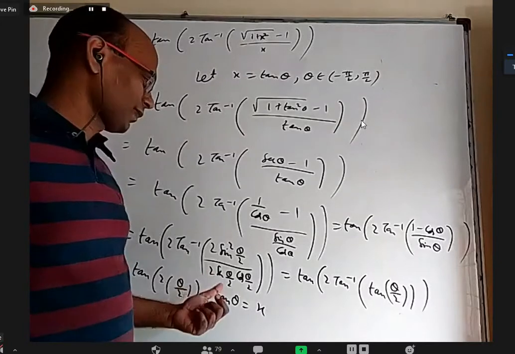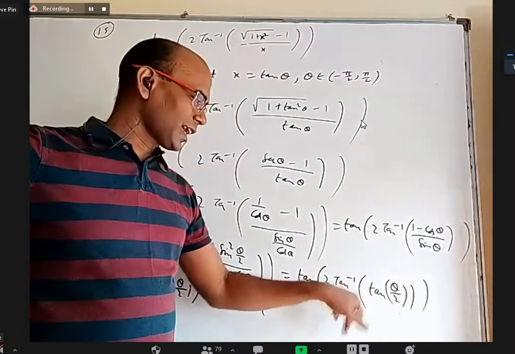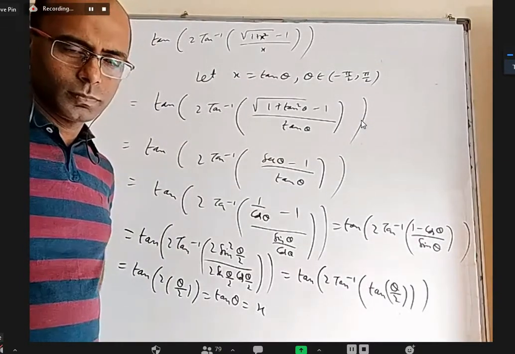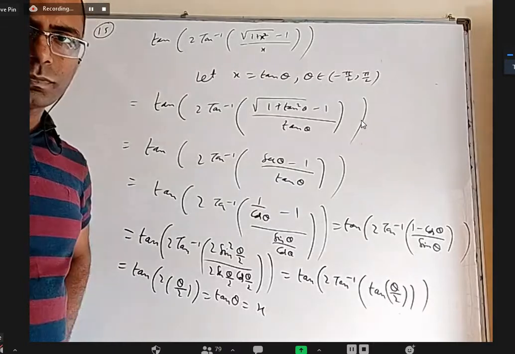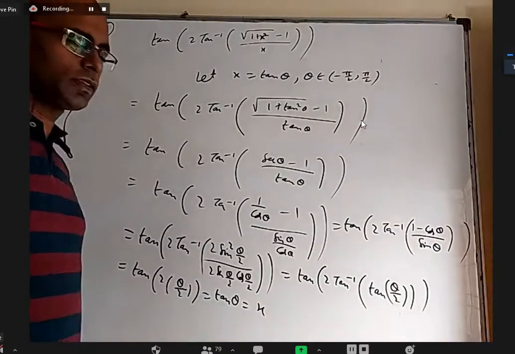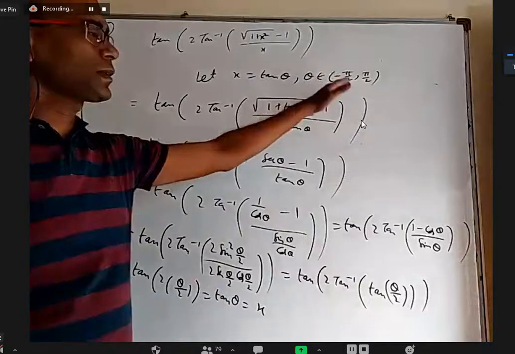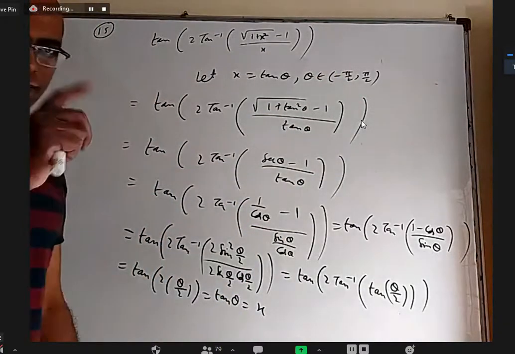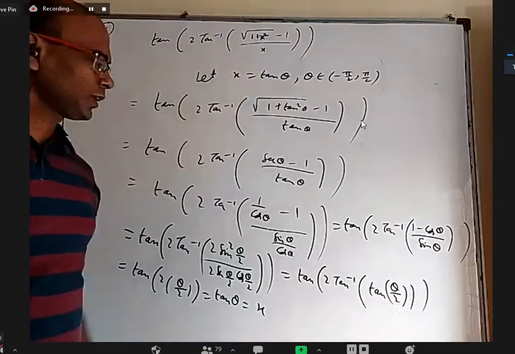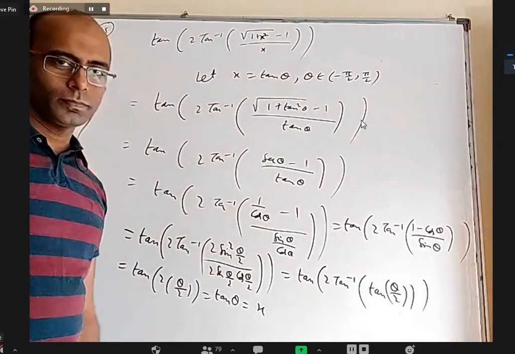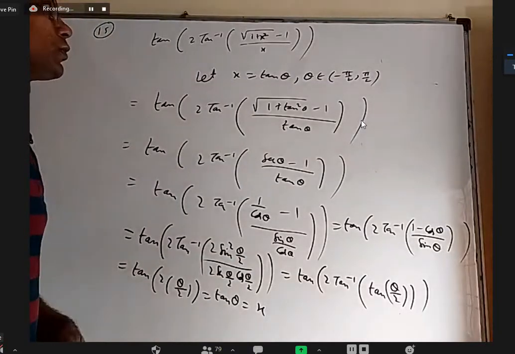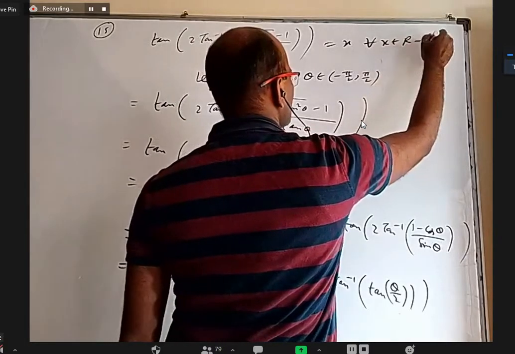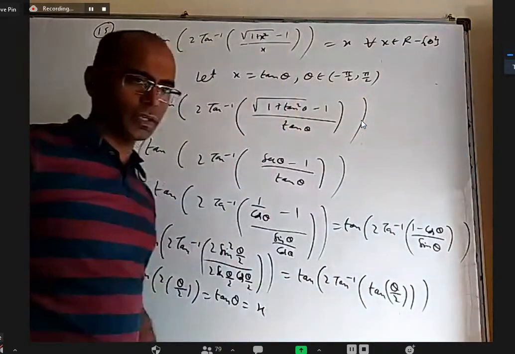What else? Tan inverse tan theta by 2, I can just cancel and write theta by 2. Is it okay? Yes, sir. Yeah, it's well within the principal values because theta itself is in principal values. Theta by 2 is minus pi by 4 to pi by 4. Yeah, this is true for all values of x, only except 0 because it is in the denominator, and we got that when we were cancelling here. You can write that this is equal to x for all x belongs to R except 0. Positive, negative, everything is taken.